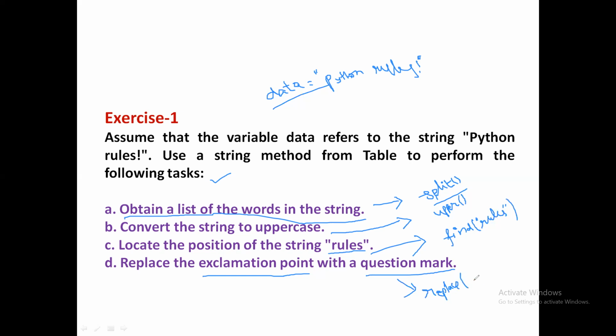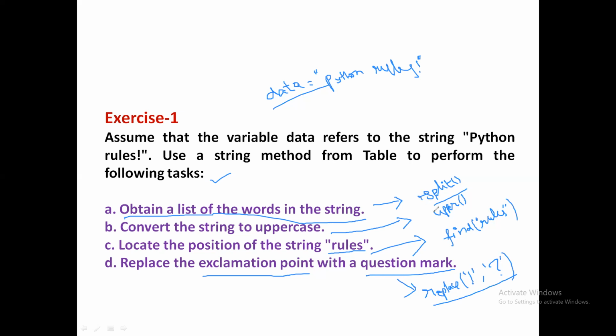Mandatory arguments are 2. The first argument is the old character that you want to replace, which is exclamation here, and the new one is question mark. Exclamation has to be replaced by a question mark. That is the task. So you can call like this: data dot replace of exclamation comma question mark.